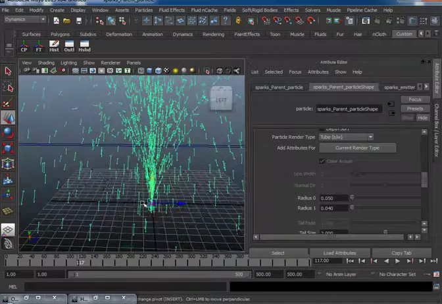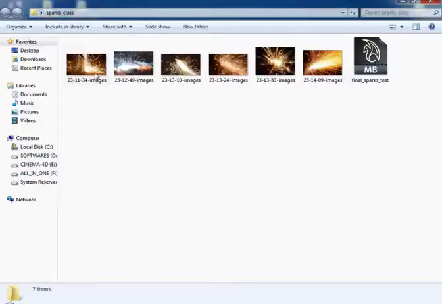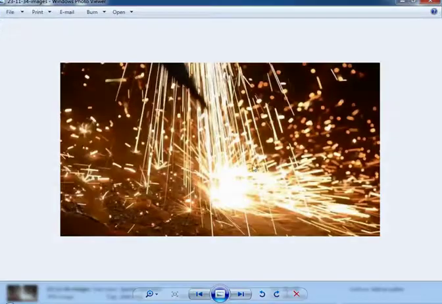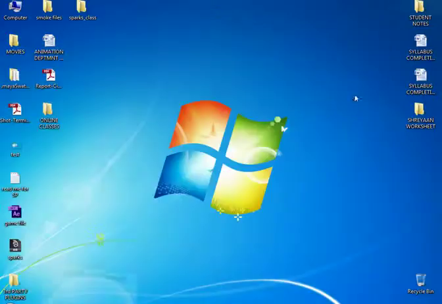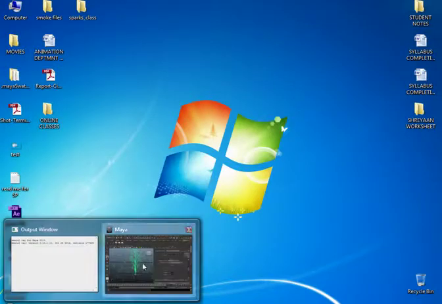And in our reference also we have seen these streaks are having some line like structure. This line like structure depends upon the particles velocity. With more velocity, those particles will be seen like big lines. So to get that kind of effect, I am going to